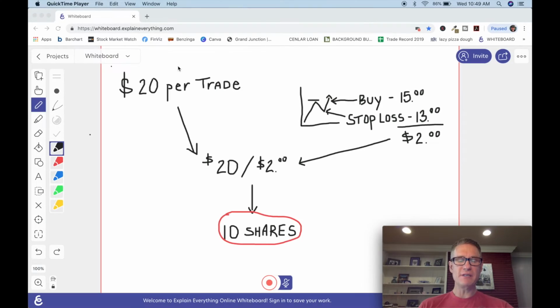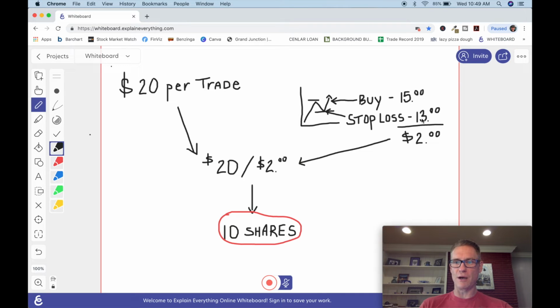And for this specific example, we are going to risk $20 on this trade. So we cannot lose more than $20. And this is our chart right here, a little miniature chart. So this stock pushed up, pulled back, and now as it's moving higher, I want to buy it at the break of this high, which is $15 in our example. So I'm going to buy at $15, and my stop loss is right here,